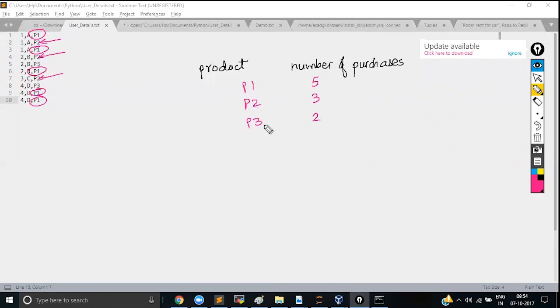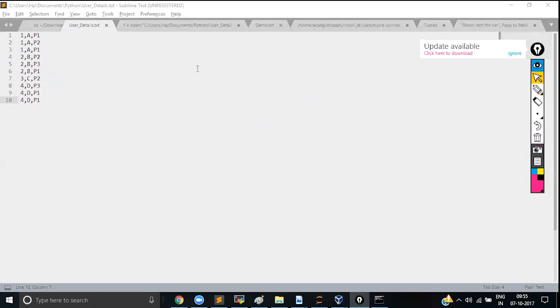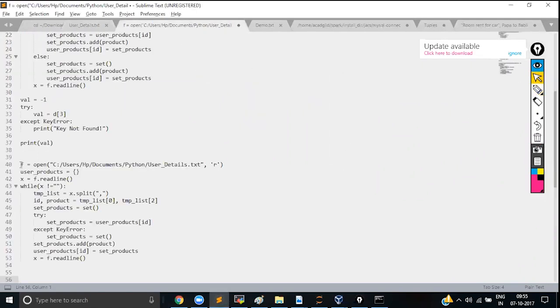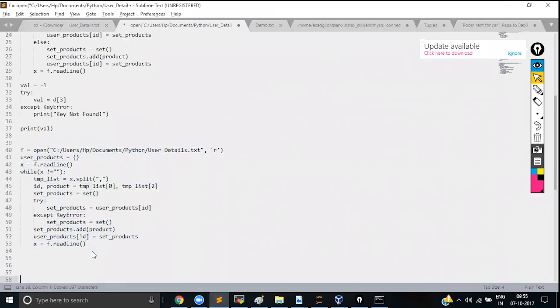So I want this kind of result, the product and how many purchases have been made on the product. How can we do that? The hint is we will be doing something which is very, very similar to this. So any suggestions, any input? Create a dictionary where keys are products and values are the number of purchases, which will be incremented for each repeated purchase. Extremely perfect. I think that helps. So what we'll do is, first of all, let me copy this same code,